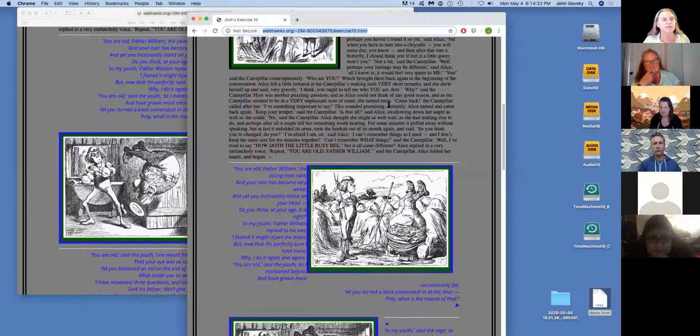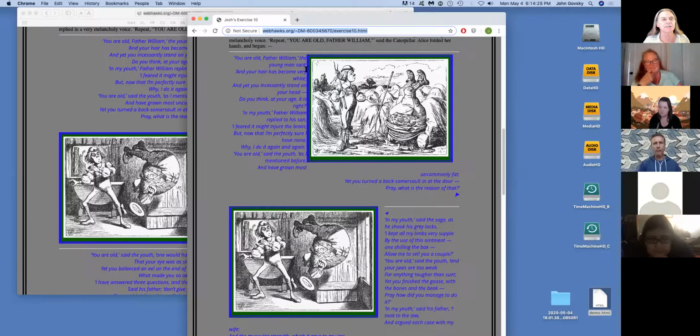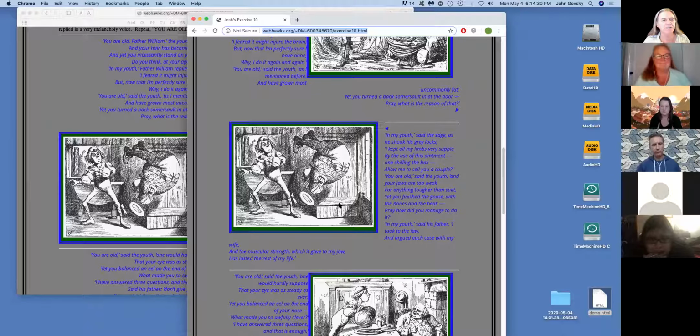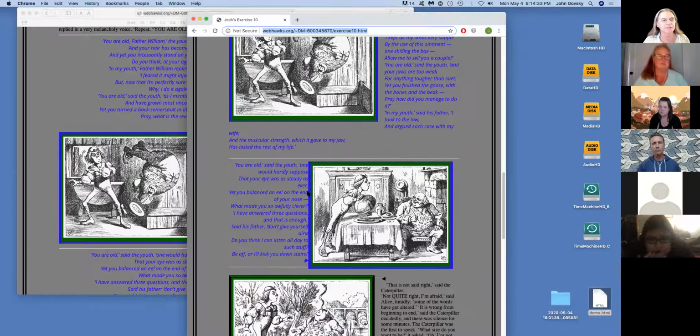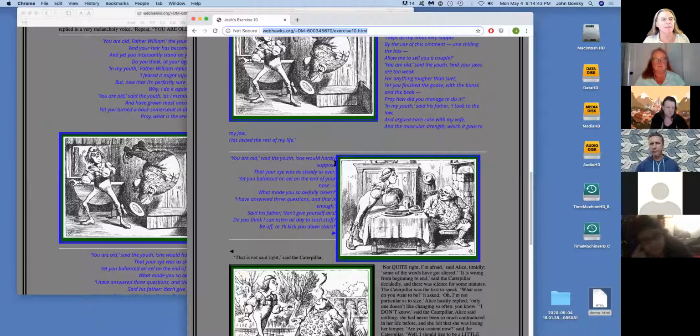So here it is in Chrome, and I still see the same issues here with that space on the sides of the images. That's just a little too tight. What I'm talking about is the left margin on the image here, or the right margin on the block of text, either.